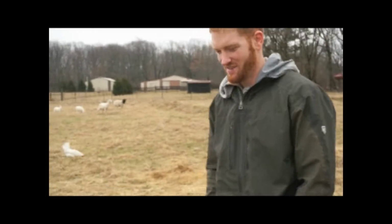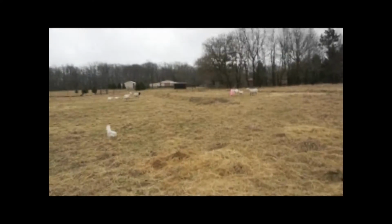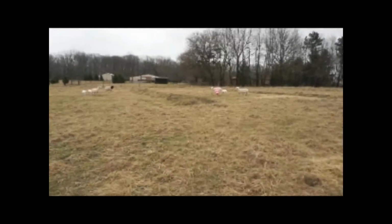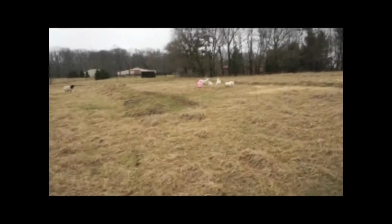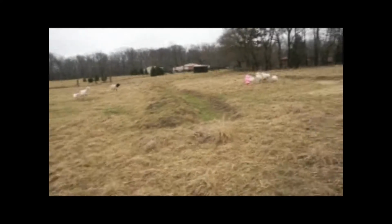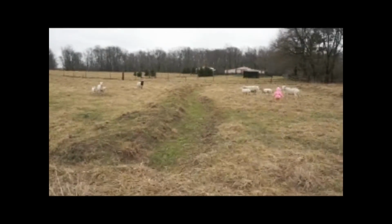Right. So let's check out these swales. This is one of the things that Zach was really into getting done when we got here, and so I'm gonna let him explain kind of why we integrated these into our pasture here. So right now Indiana is